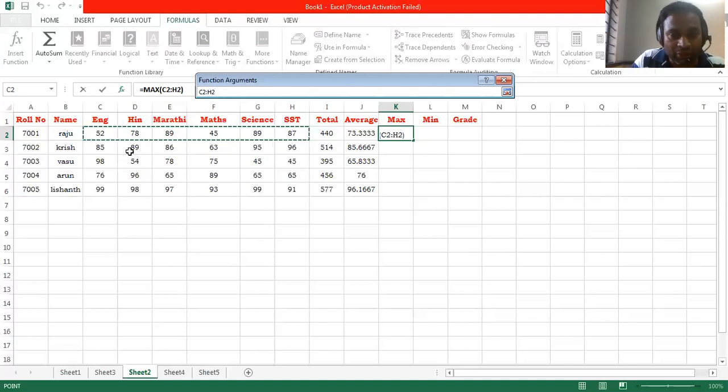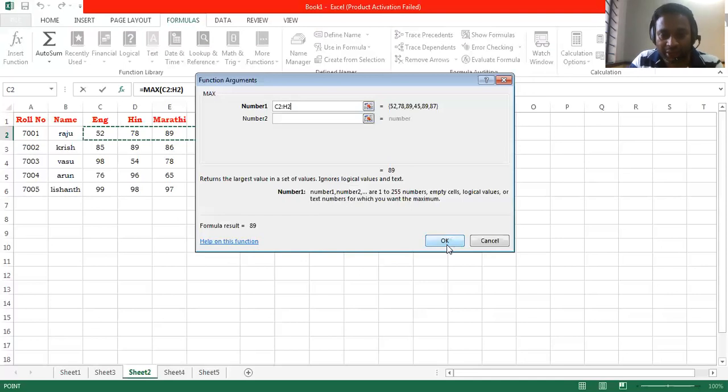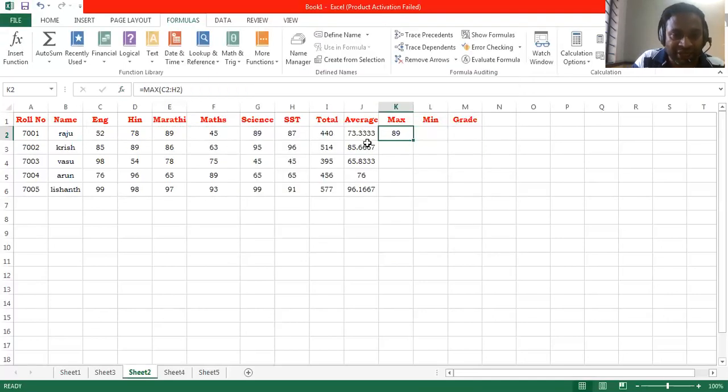We can find that using the maximum function, and click OK. See, he got 89 marks in science, and also in Marathi. So 89 marks is the maximum marks of all subjects for Raju, and you can drag with the help of the fill handle